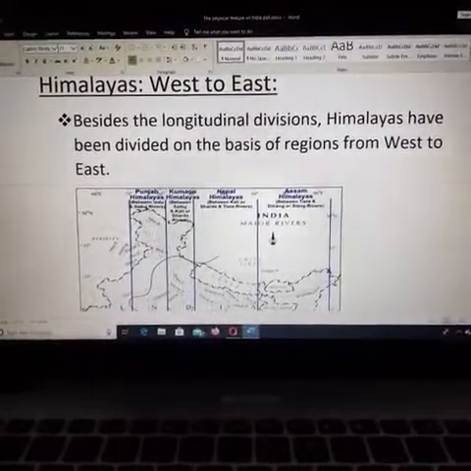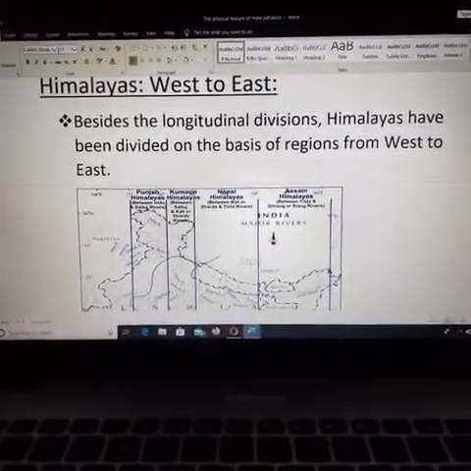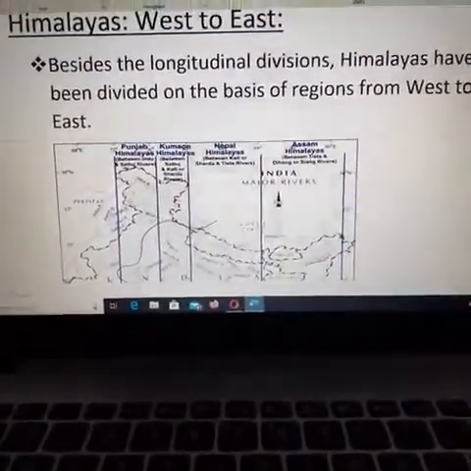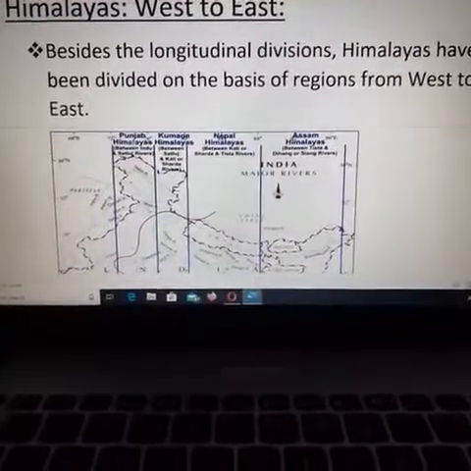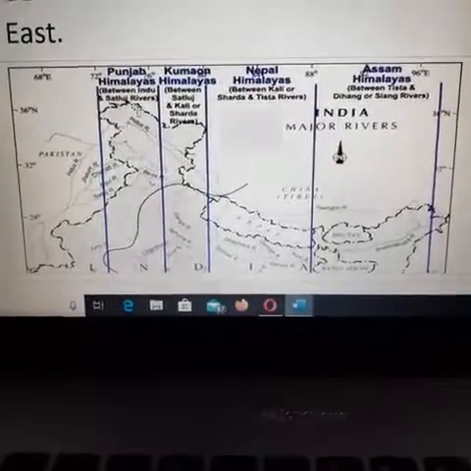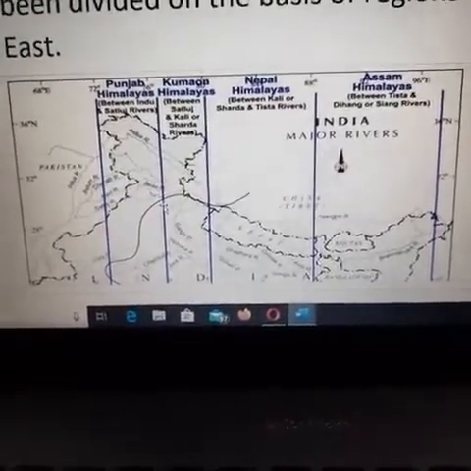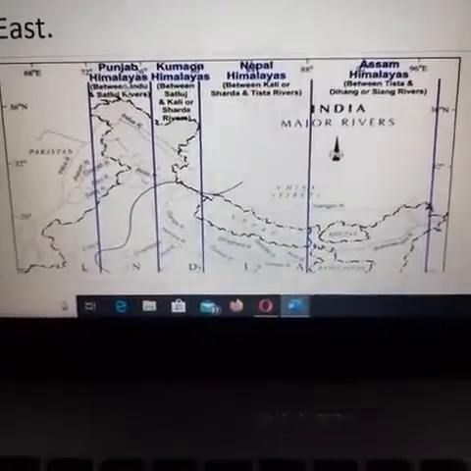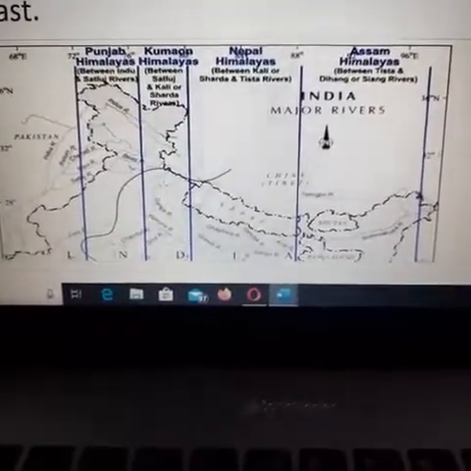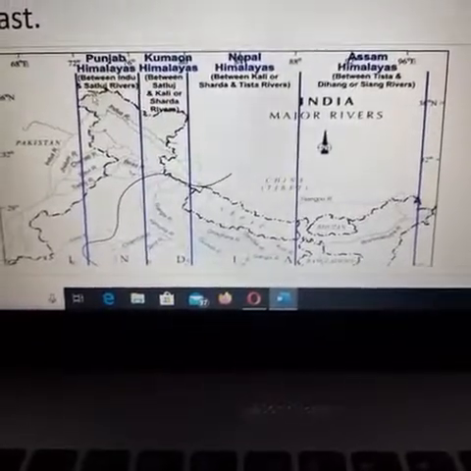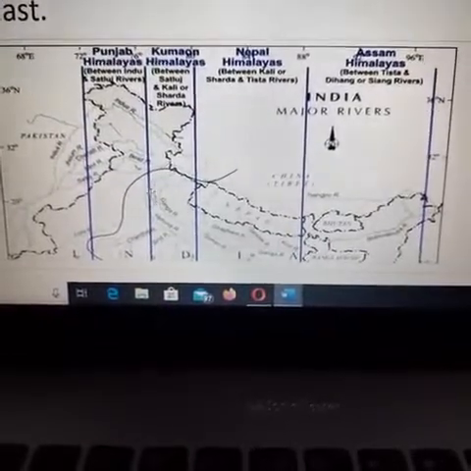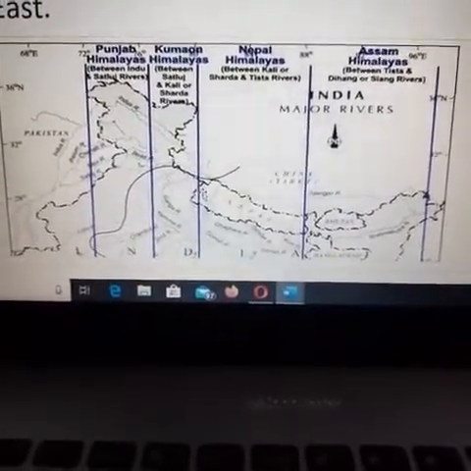Okay, particular regions, whichever the regions are, these Himalayas are there, and based on whichever rivers are flowing, the Himalayas are also divided into four. First is the Punjab Himalaya, or Kashmir Himalaya also we can call. Okay, only a little bit of the mountains are in Punjab; most of the region is under Kashmir. So this part will be called the Punjab Himalayas, and in it you can see the Sutlej River and Indus River. Next, these Himalayas are called the Kumaon Himalayas.